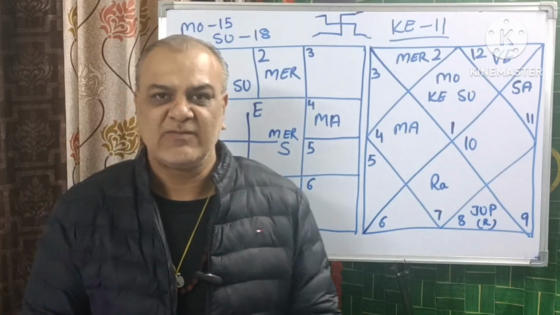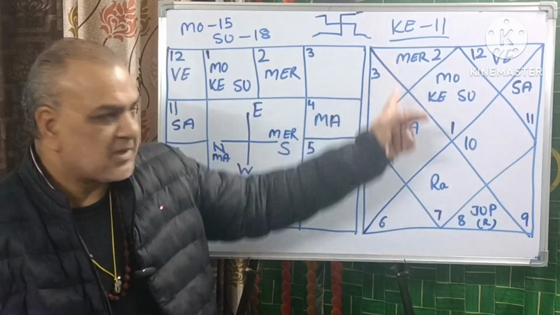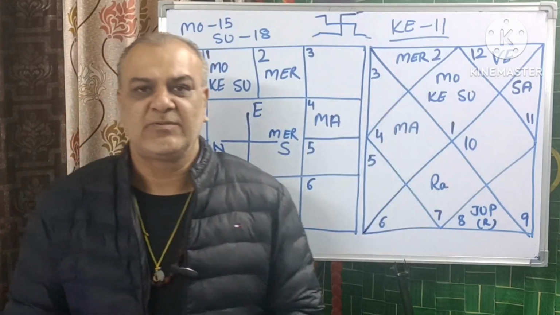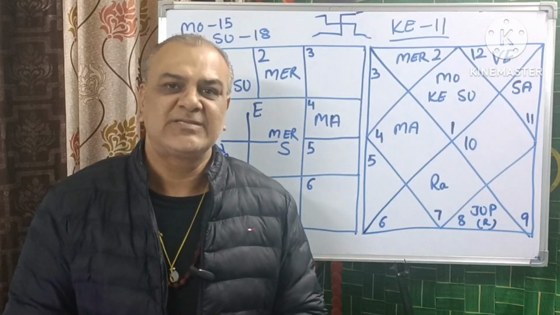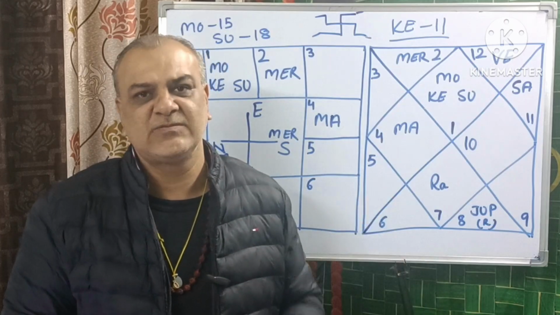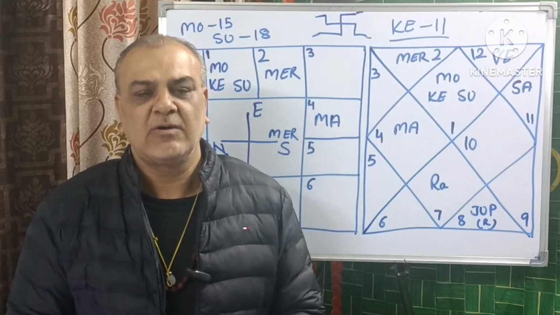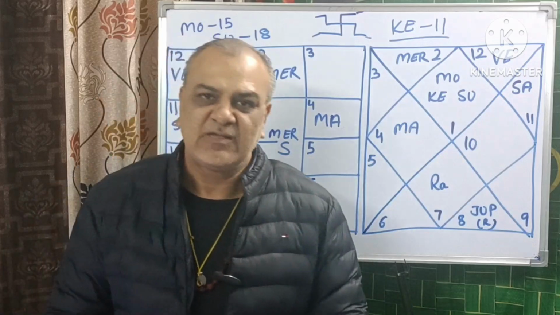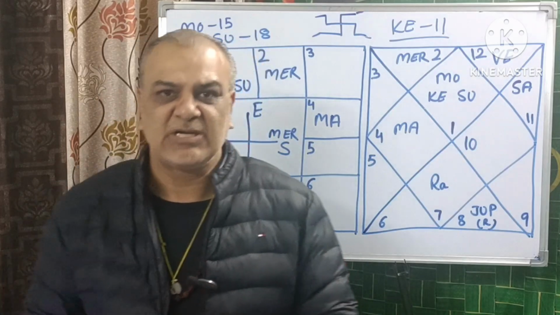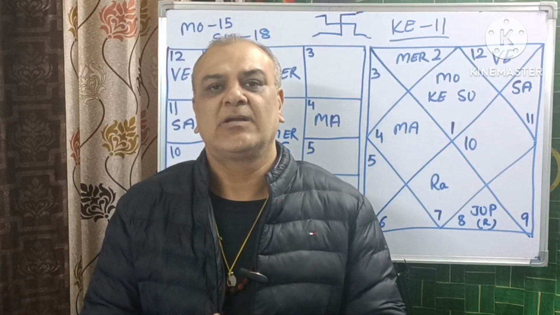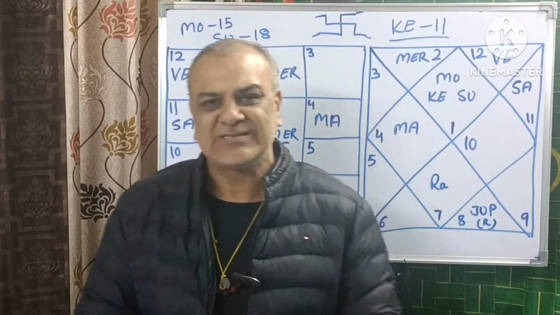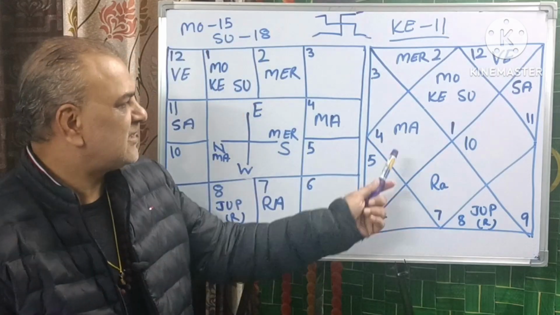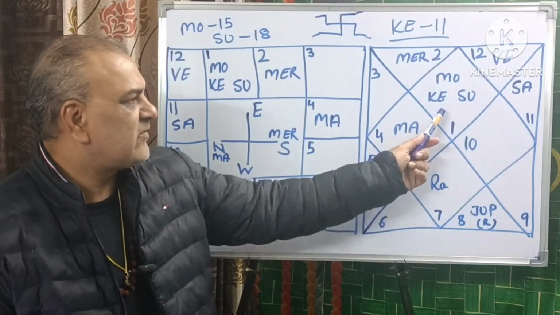This Mars will give ego, and when Mercury and Mars are opposite to each other, due to the ego, he fights with his lady friends, he fights with his male friends also. This is a very severe combination in a birth chart when Mars and Mercury are opposite to each other. So all the combinations I have explained to you very simply and precisely, and there is a Rashi Parivartana